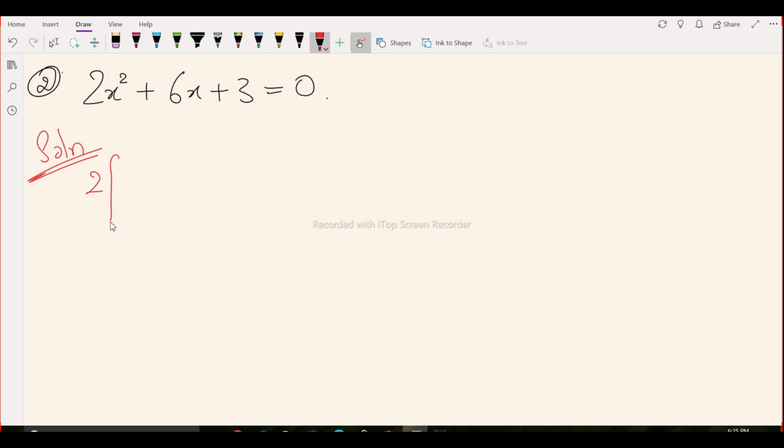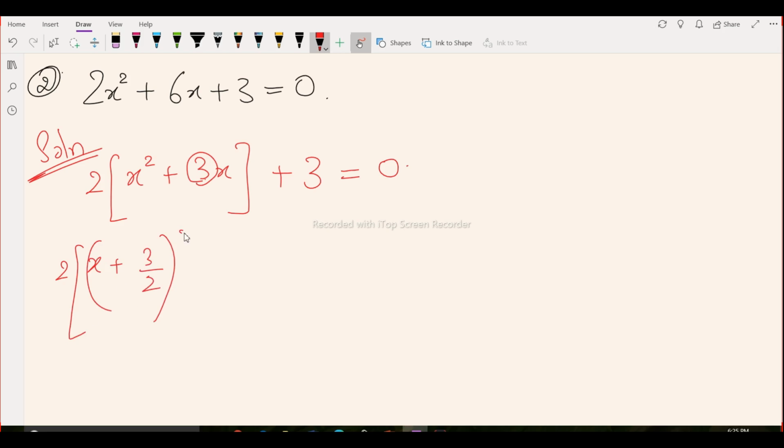So I'll write 2 common. You have x square plus 3x plus 3 equal to 0. Coefficient of x is 3. So I'll write x plus 3 by 2 the whole square minus 3 by 2 the whole square plus 3